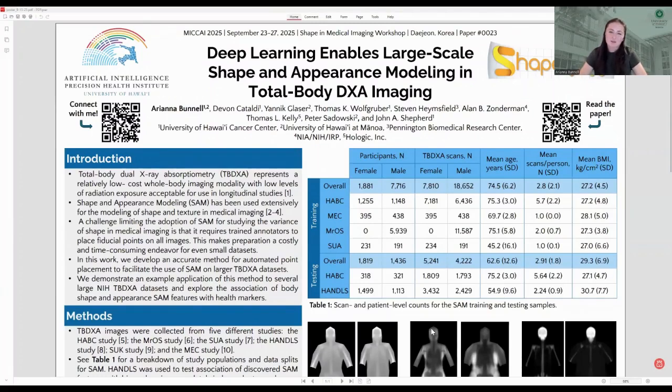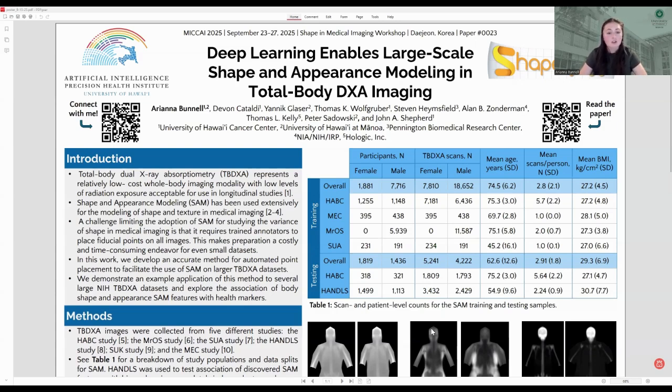Aloha mai kākou, my name is Ariana Bunnell, and I'm a PhD student at the University of Hawaii at Manoa. Today, I'm going to be presenting our paper entitled Deep Learning Enables Large-Scale Shape and Appearance Modeling in Total Body DEXA Imaging. Total body DEXA imaging is a low-cost, low-radiation modality which can be used to monitor body composition and